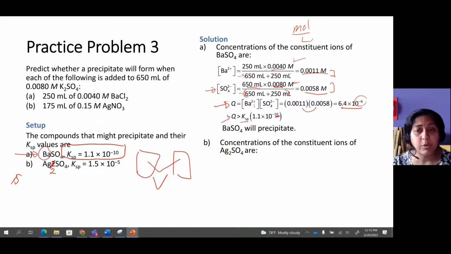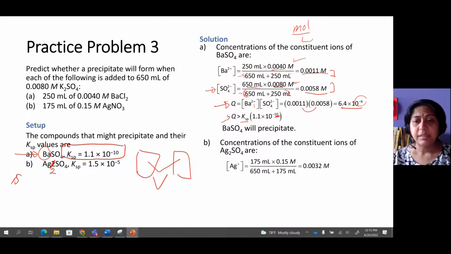Solution B. Now we are going to calculate the concentrations of the constituent ions for silver sulfate. So we calculate the concentration of the silver ions. Silver ions are added by silver nitrate. The concentration of the silver nitrate is 0.15 and the volume of that solution is 175 milliliters. We get the moles of that, then divide by the total volume of the combined solution to calculate the molar concentration of the silver